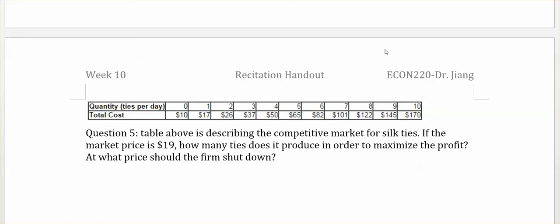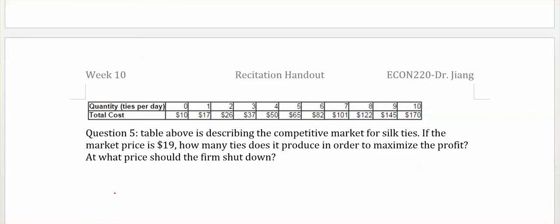So the table above is describing the competitive market for silk tie. If the market price is $19, how many ties does it produce in order to maximize the profit? And at what price should the firm shut down? The most efficient way is trying to create a table, which you already see in other questions. That table will reflect the relationship between the output and